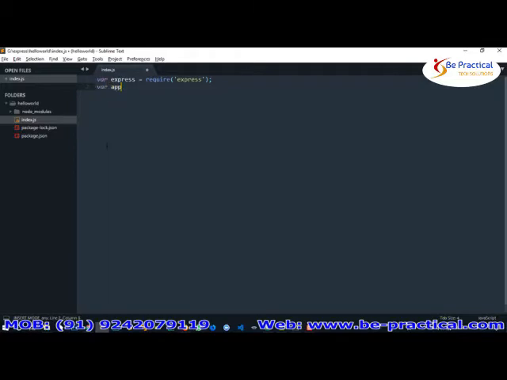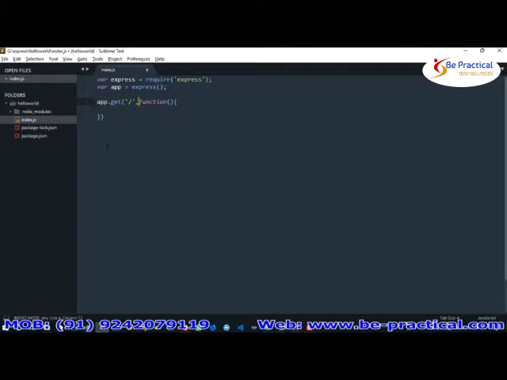Then we'll require one more variable. I'll just go with app, and we will call the express method. So here we are setting up the development in the new index.js file. We'll write a few commands to run our Express server. So app.get. Inside the get method we are specifying the path. The path will be the index path. We'll just generate the callback function.